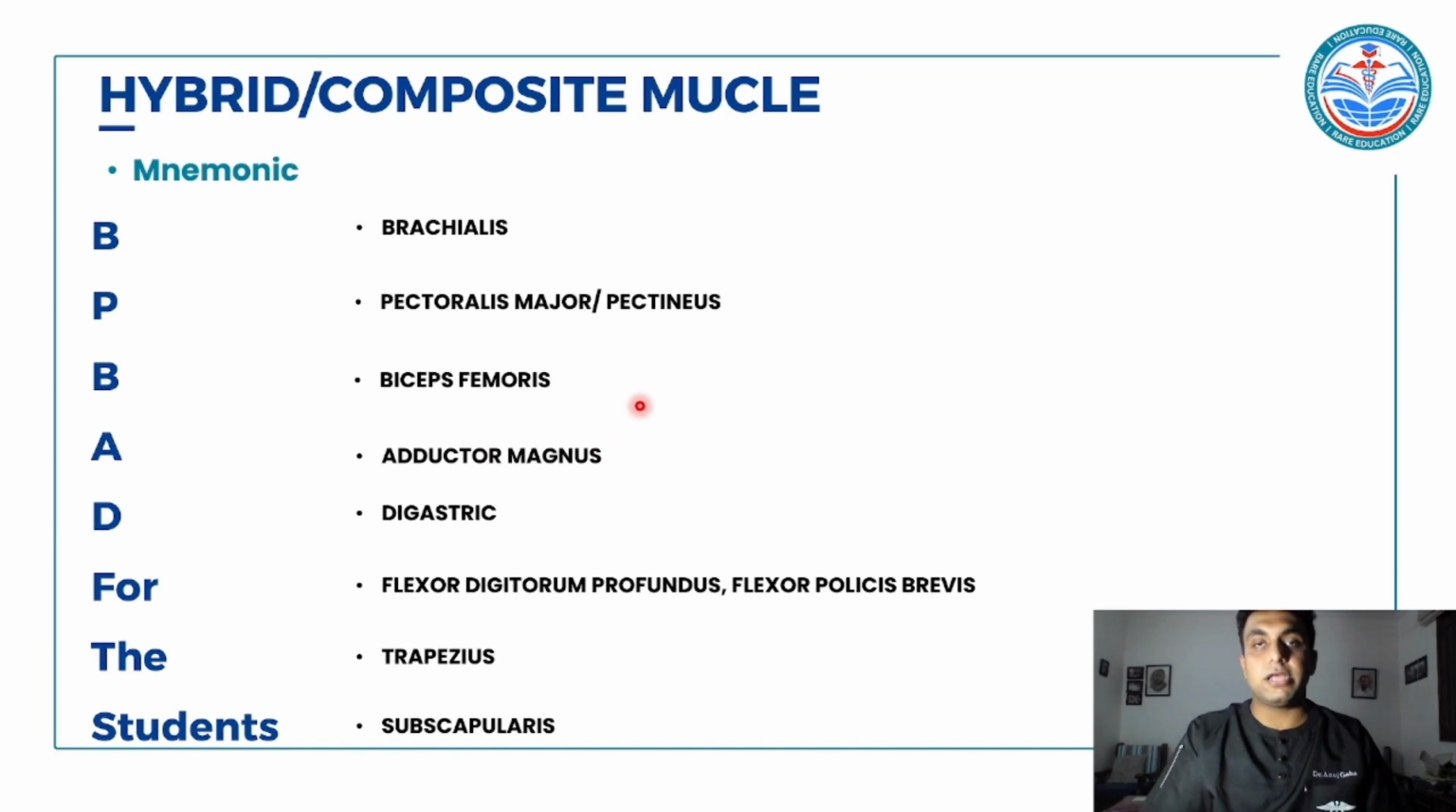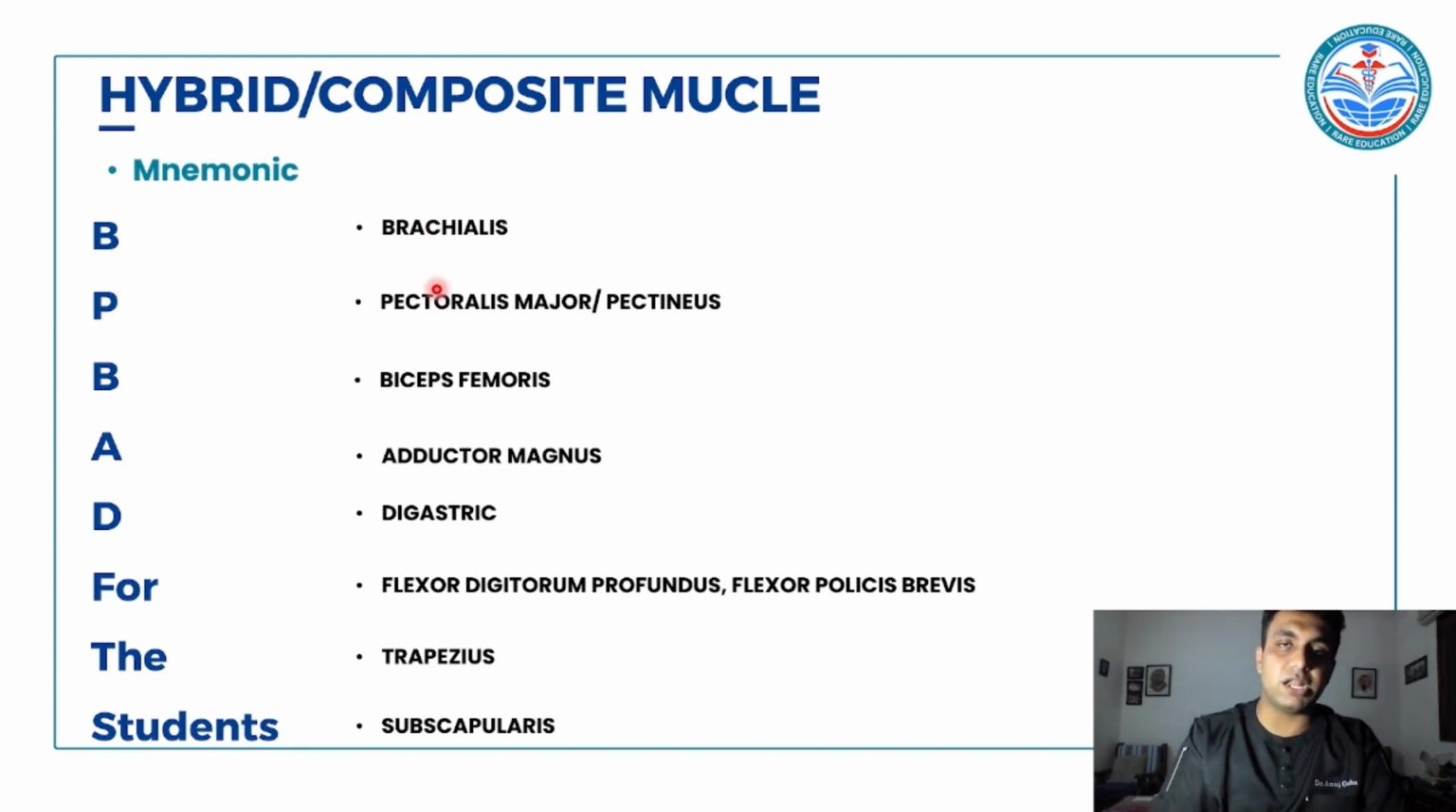Now, another expected question from this slide, make a star, and remember, this is a mnemonic for hybrid and composite muscle. Now, what is a hybrid or composite muscle? Hybrid or composite muscles are those muscles that are supplied by two nerve supplies. Not just one nerve, but two nerves. So, there is a mnemonic for it, that is BP, bad for the students, in which B stands for brachialis,